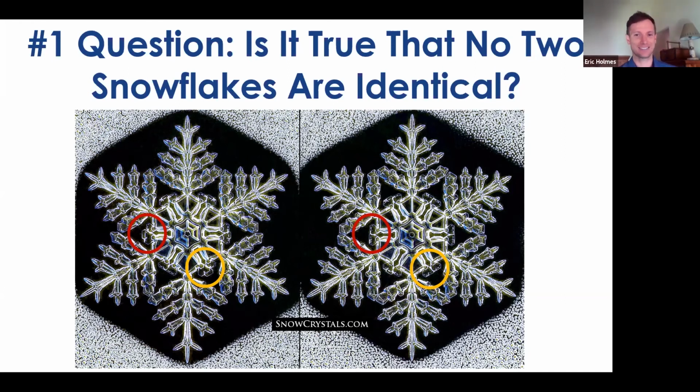Even in doing that, they still got snow crystals that were different despite their best attempts to make them identical. The circles you see on this slide highlight those minor differences between what were intended to be two perfectly identical snow crystals. They're so close, but not identical. If we can't do it in a lab, I don't know what the odds are of it happening out there